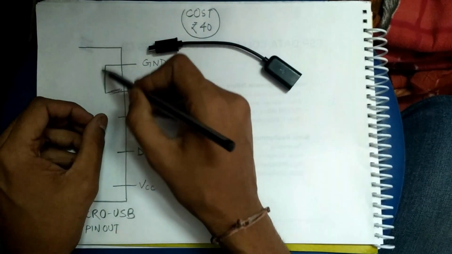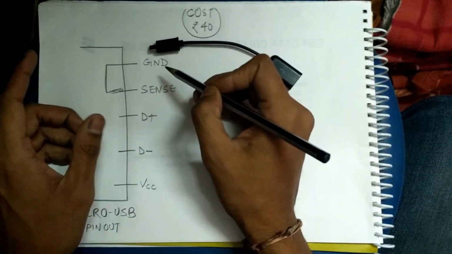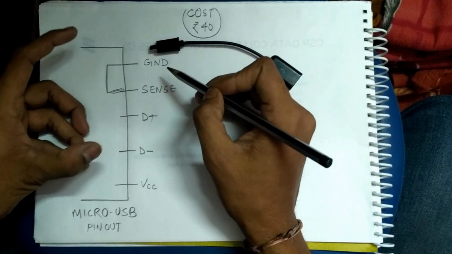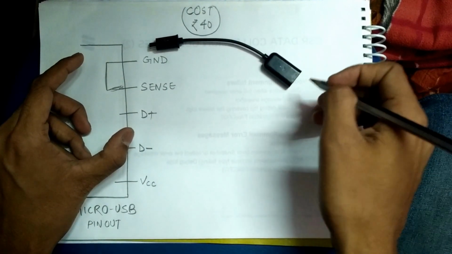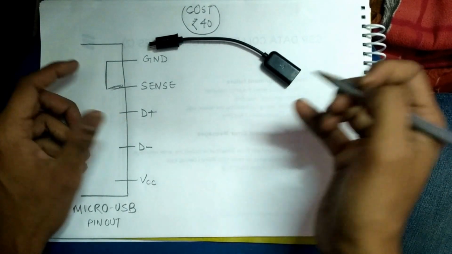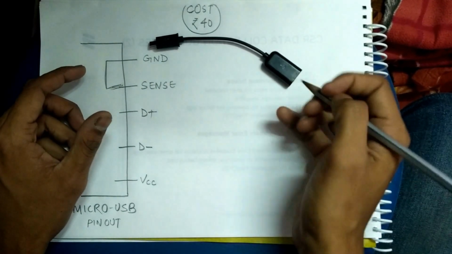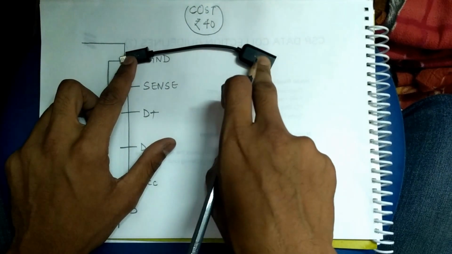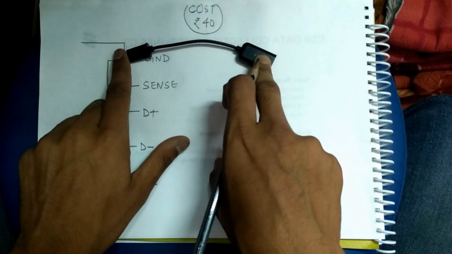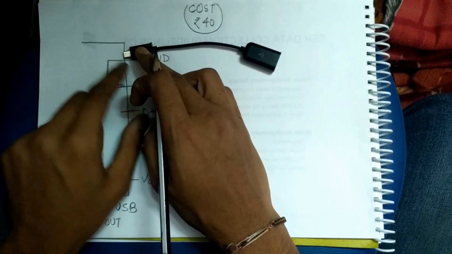So now if we short this one, the phone connected on this end will act like a master and the device connected on this end will act as a host of resources. And that is what happened in our scenario. When we connected the phones, this phone connected on this end was getting charged as it was acting like a host, and this was acting like a source for it.